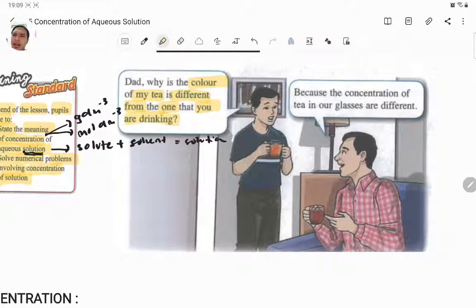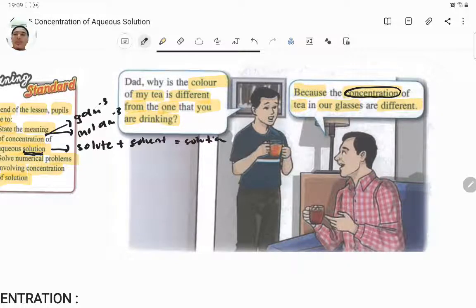Dia pun pelik kan, kenapa warna teh ayah pekat, right? So what the dad says: because the concentration of tea in our glasses are different. So the dad has already mentioned concentration, right,